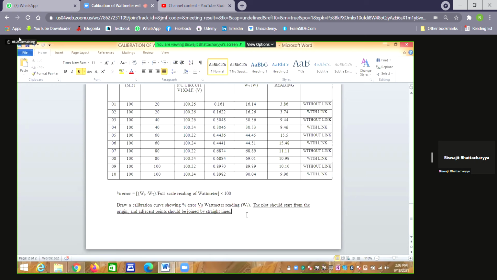Manufacturers also give us calibration curves, and these calibration curves are always a piecewise linear model. That is, they join the points with segmented straight lines. These are not smooth curves because errors cannot have any trend. No particular graph can be used to fit them. So the calibration curve is always drawn by joining the points with straight lines. So that is the particular thing. Clear? Any doubt here?